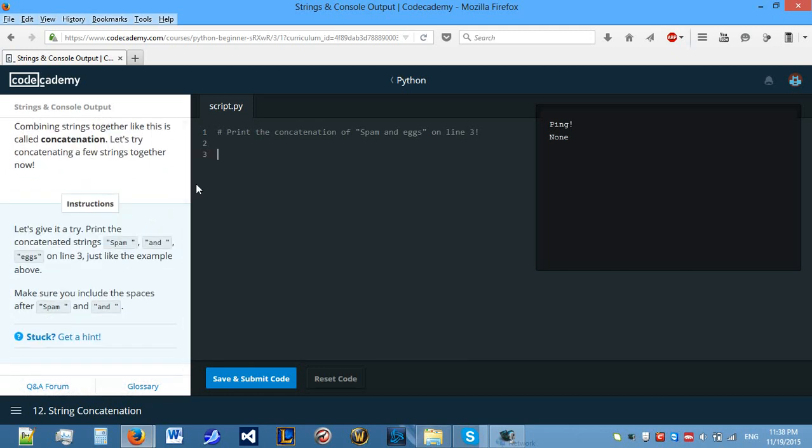What you can do is put a few strings or variables together into a print. So let's print a few strings, for example spam plus and plus eggs, and it's just reminding us to put spaces in here. What the plus does is just concatenate the strings together. So what this should print is